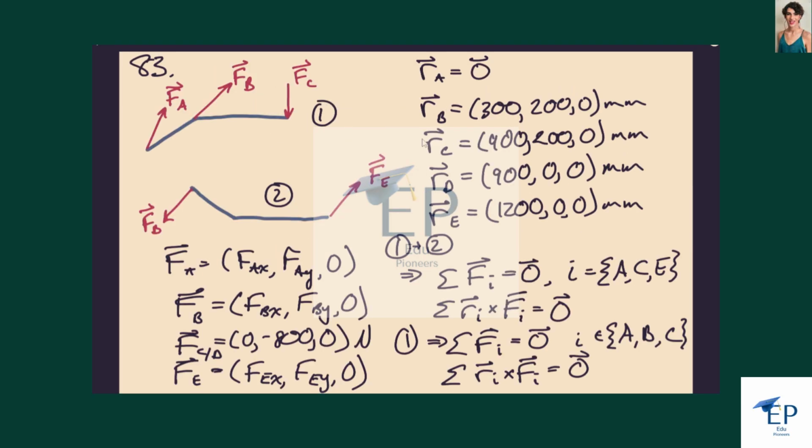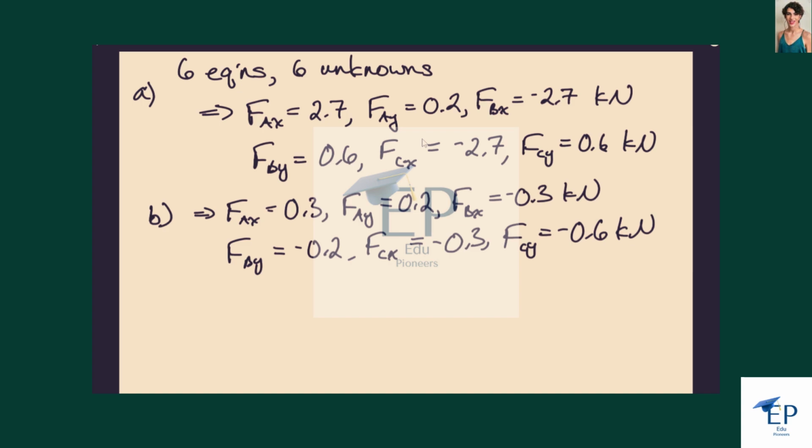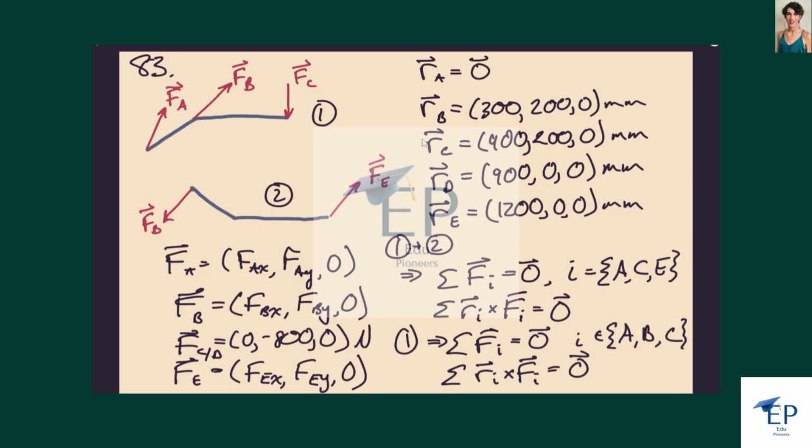And in the second part of the problem, we're told to move the load down to point D here, which is directly below point C, as you can see. And in that case, what we find is that the loads are generally reduced, and in fact, some of them, like FCY, actually change sign, because I guess you have less leverage when you push down here than you do up here